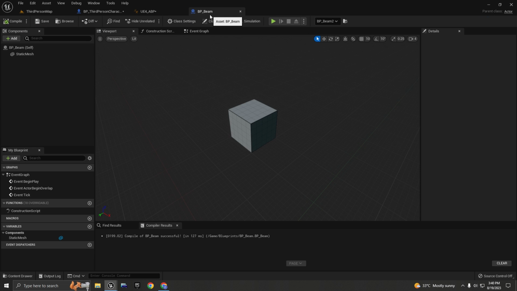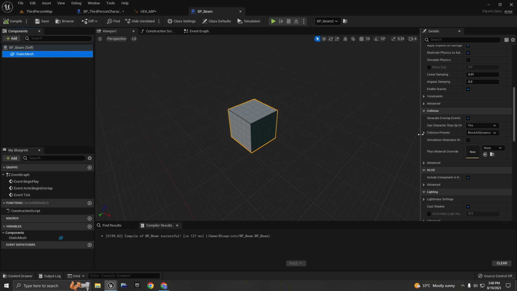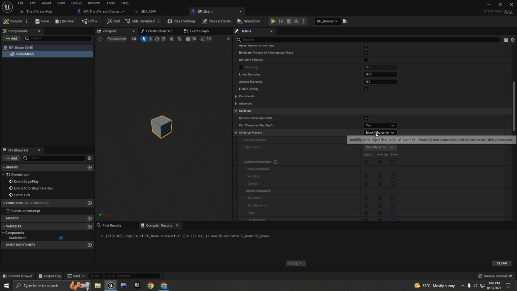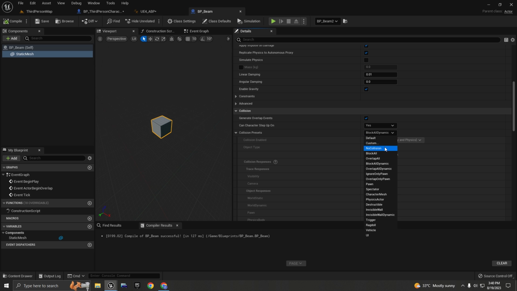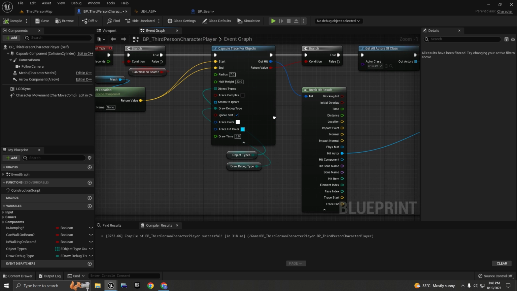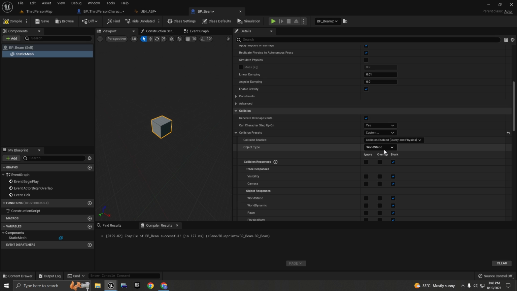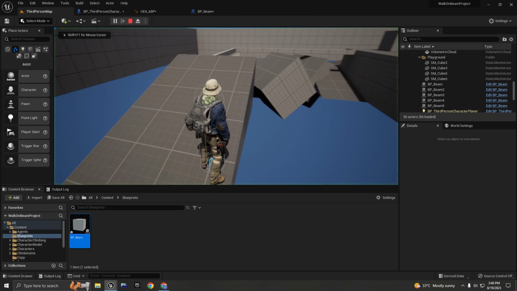Let's go back to the BP beam, and here on the static mesh, the collision preset is set to Block All Dynamic. So we're going to choose custom, and here on the object type, we're going to select World Static, because it has to match with the capsule trace for objects. It has to match with the settings of the object types. Here it is set to World Static, so the beam also has to be World Static, because otherwise it's not going to identify. So if we press play and try again,